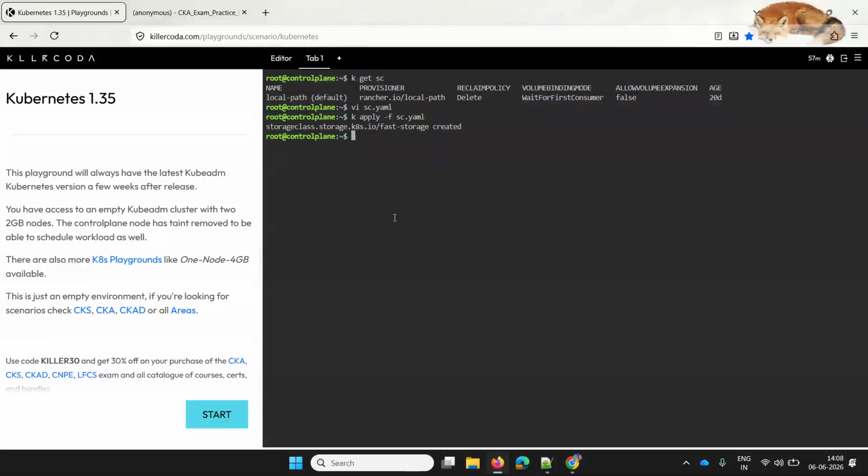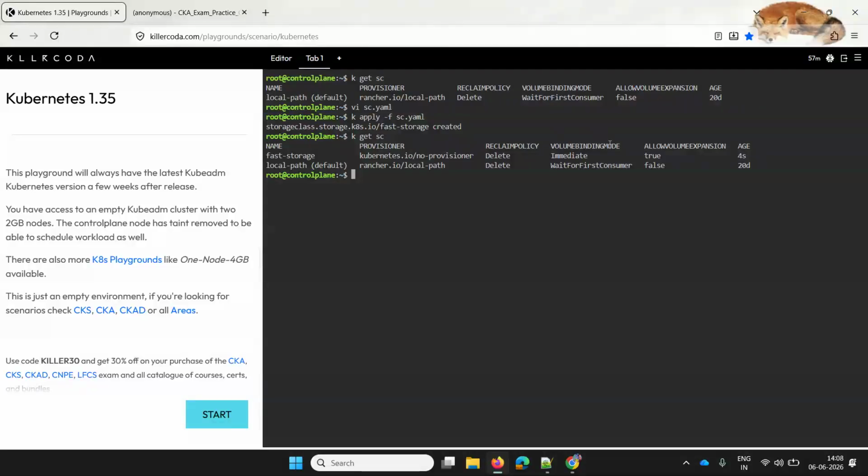So storage class is created, and if you see I have two different storage classes, and we also have volume binding mode as immediate here. That means as soon as PVC is created, it gets bound to the PV. But in this case, it waits for a resource to be created using that PVC, and only then the PVC gets bound to the PV. And now we have the allow volume expansion as true for the fast storage and false for the local path. So let's first create